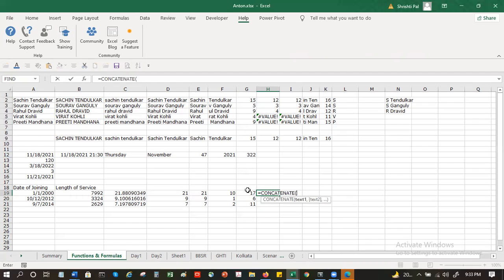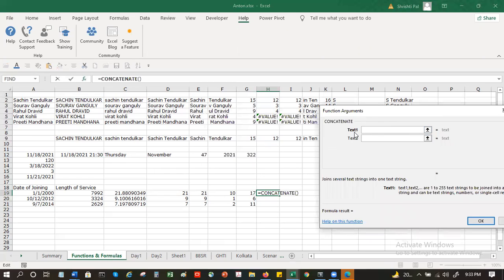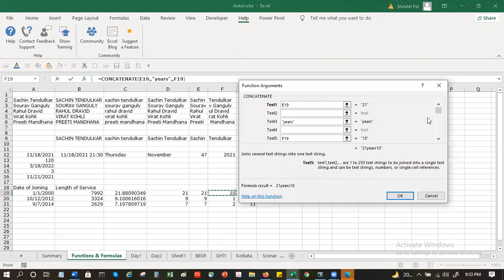Here I'm going to show you by using this function argument, or smart form, as I like to call it. Text one, what I am combining, 21 years. And I want a space here, so I'll put a blank, then I will say years. I want another space, then I will use 10. And you see, as I go along, it increases the number of text boxes. So don't think that when you are here, it will end there.